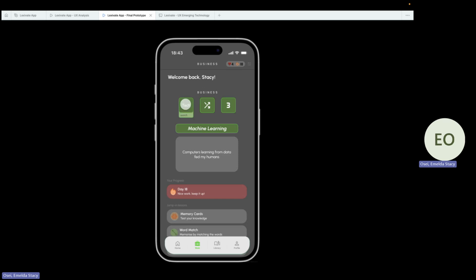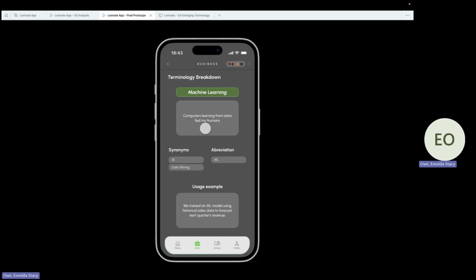Here the user can tap on the button and search for business. So let's say it's business, search, and then the user will be faced with words that are used in the business industry, such as KPI. So if we go back to tech and we want to learn more about machine learning. So what does machine learning mean? Here we have the description of the word, and if they click on the word itself, machine learning, they will